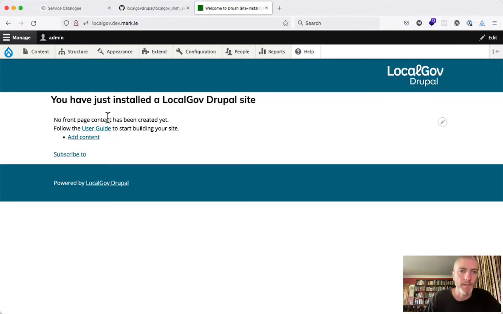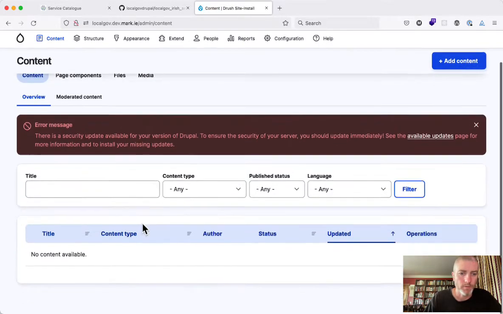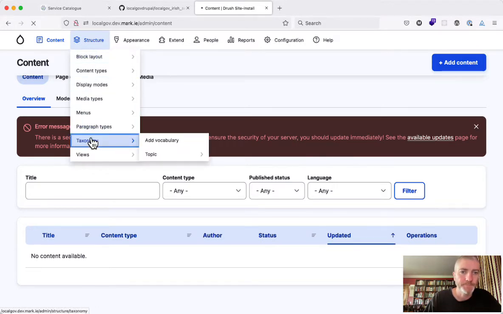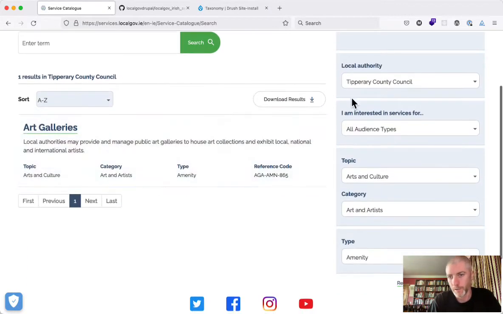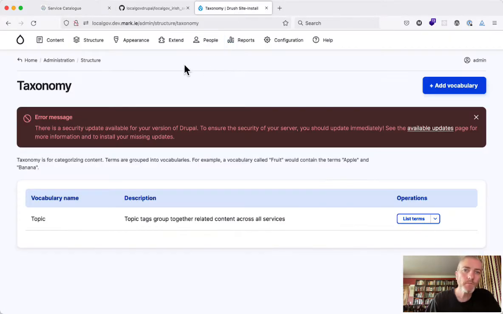installation. There's absolutely nothing installed just yet. So if I click on the content tab here, we can see there's no content in it. And there are taxonomies here. We don't have any vocabularies for the Irish services. So for Irish service topic, Irish service category, all these items here, these term types or category types don't exist just yet. So what we're going to do is we're going to click on the extend button here,